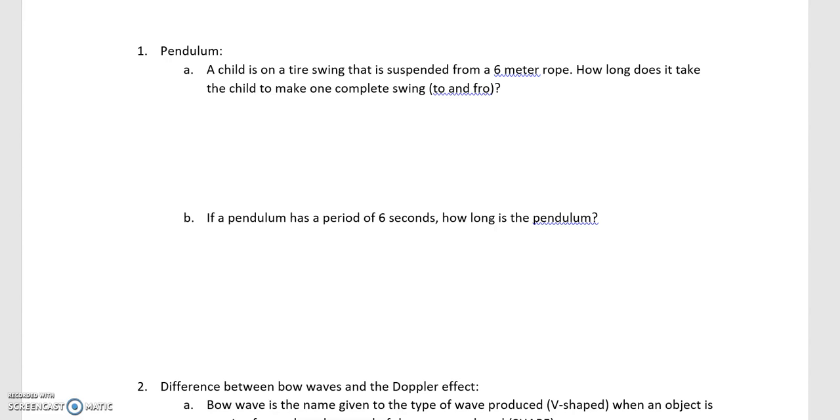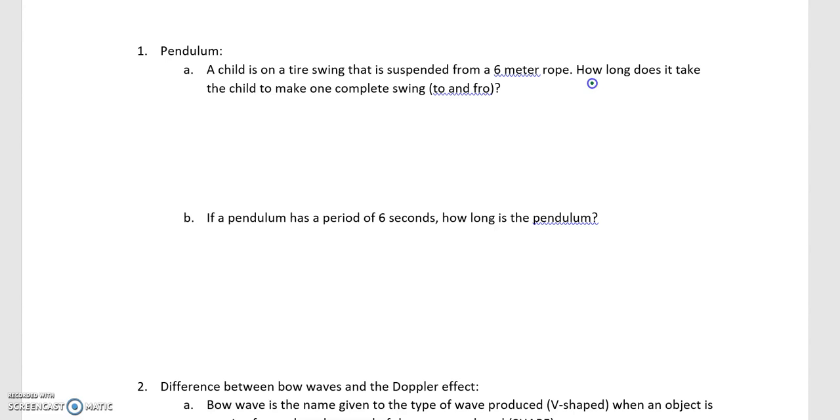All right, on this first example, we are going to be looking at a pendulum. It says we have a child on a tire swing that is suspended from a 6-meter rope. How long does it take the child to make one complete swing? So they're going to go back and forth. When we are looking at how long it takes to make one complete swing, what we're looking for